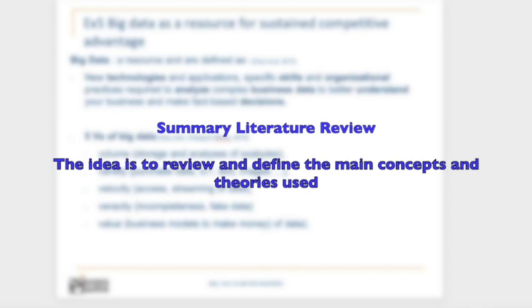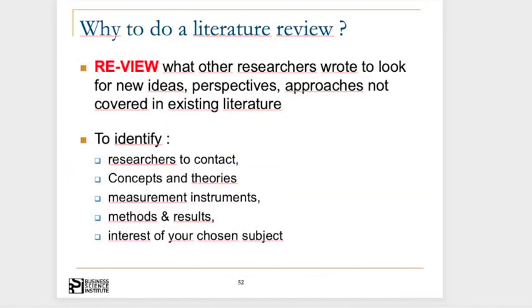What I want that you have understood until now is review what other researchers wrote, which are the main theories, for example, resource-based view, for example, social capital theory, for example, technology acceptance theory, whatever topic you're working on, technology acceptance or brand image studies or consumer behavior studies, it is important to identify through the literature review the mainstream theories which are used in your research domain, the main concepts which are covered by the literature, in order to see which are the main researchers working, which you have to cite in your literature review, to define the concepts, to state the theories, to find the instruments, how these concepts were measured or are measured,